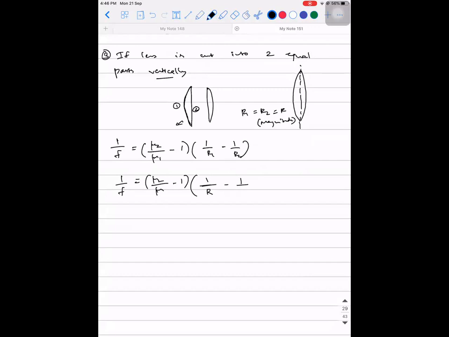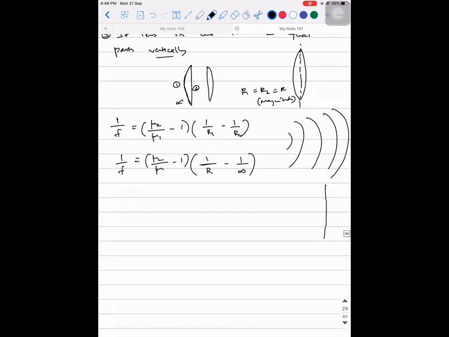Second refracting surface is what? It is planar in nature. For a plane, for a straight line, what is the radius of curvature? A straight line is a circle with infinite radius. If I keep increasing the radius, there will be one particular point where this will be a part of a circle of infinite radius. So a straight line is a circle with infinite radius. So 1 by infinity is 0. So mu2 by mu1 minus 1 into 1 divided by r. Accepted? Let me have this as equation number 1 and let me call this new focal length f dash.